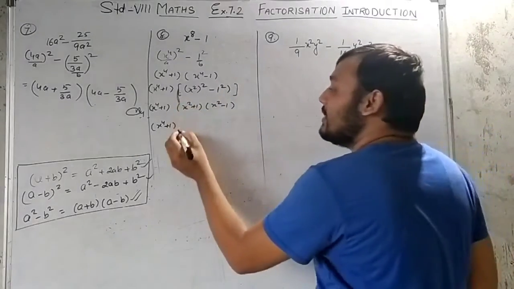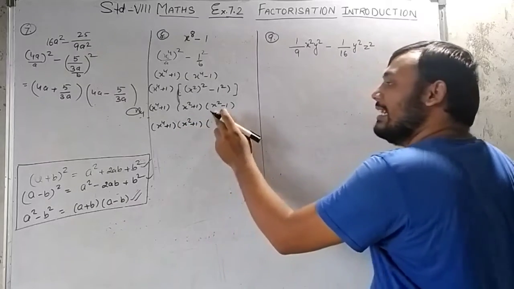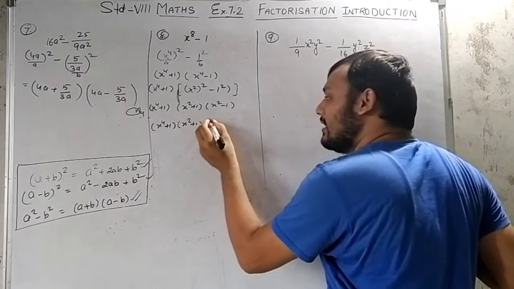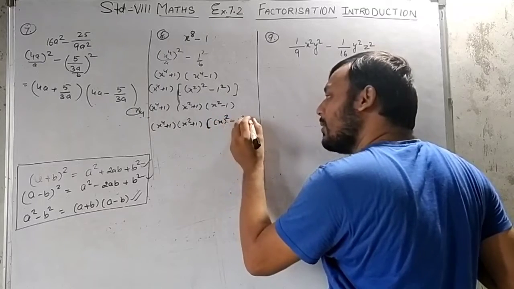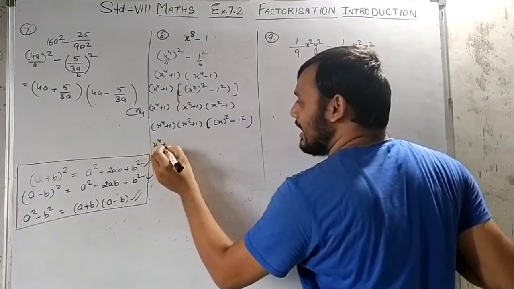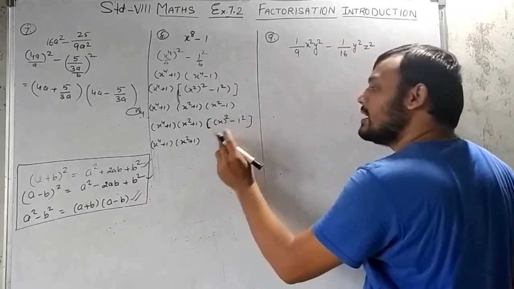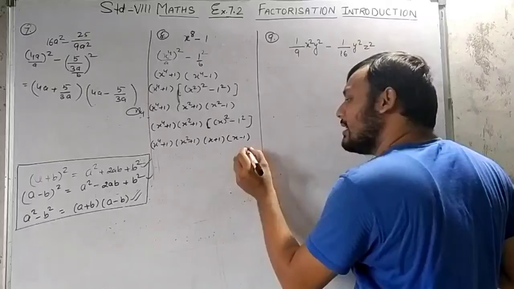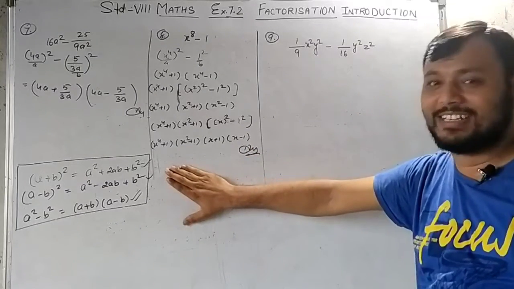Let's have a look here. सो दिस वन विल बी एज एक्स स्क्वायर प्लस 1, x square minus 1. It's again the form of a square minus b square. So I can write here x square minus 1 square like this. So finally we will get our answer x raised to 4 plus 1, x square plus 1. This is a square minus b square. So a plus b and a minus b. This is our final answer. Is it okay? 100% okay.